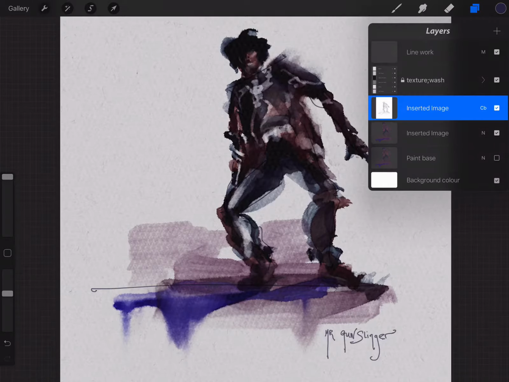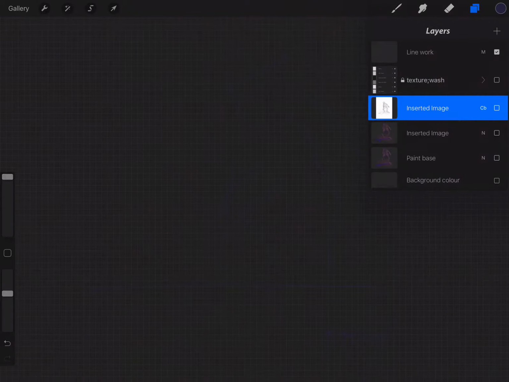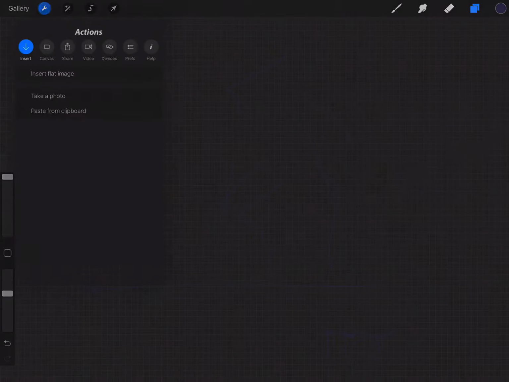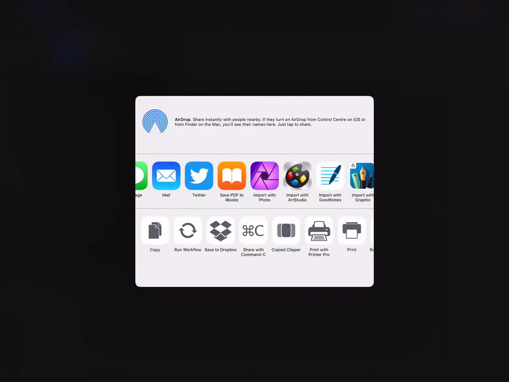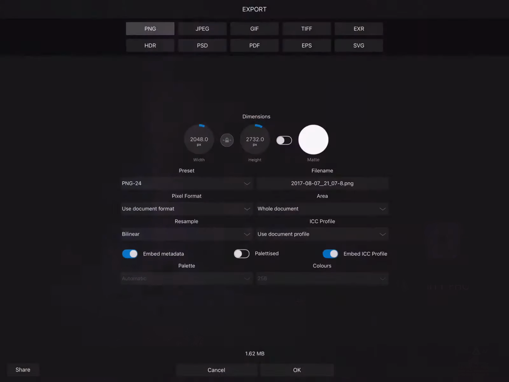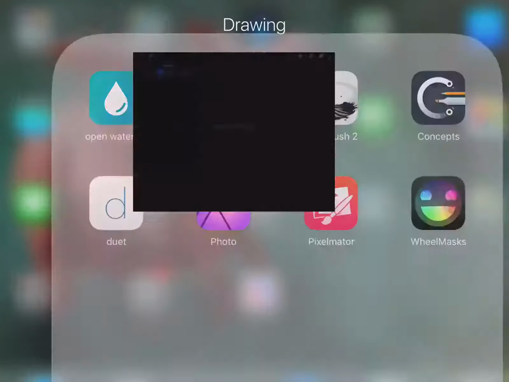Now we want to displace the line work as well. So hide everything except our line work, and I don't think it matters whether the background color is on or not, but I'm going to hide it anyways. Share, export as PNG. I think we'll get a horrible dialog box again. Not even. But it certainly didn't import. But if we go back there, back in Procreate, do that again,